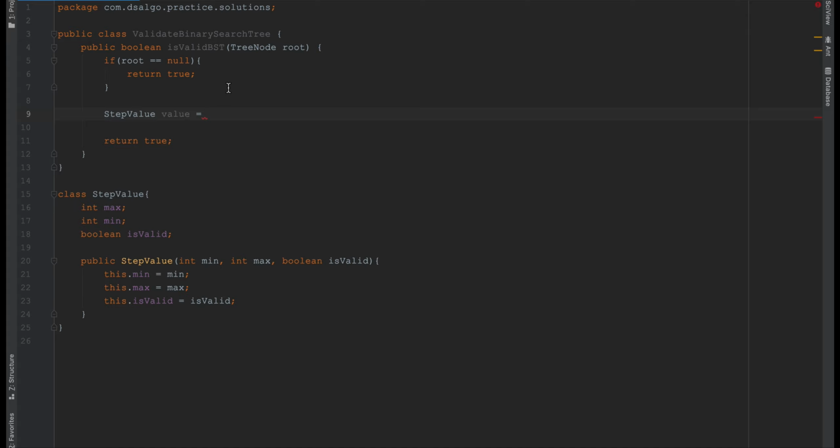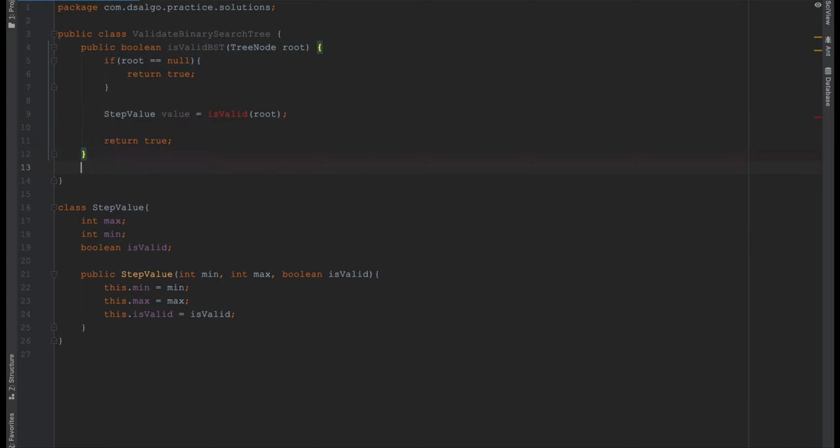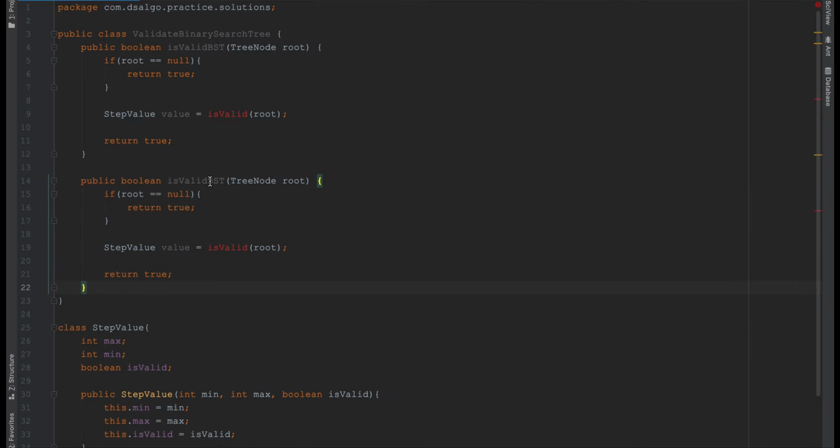I cannot have two methods with the same number of arguments, so I'll name it isValid, and I'll pass it a root. It will return a value of type StepValue. Let me copy this method, and we need to change the return type as well.